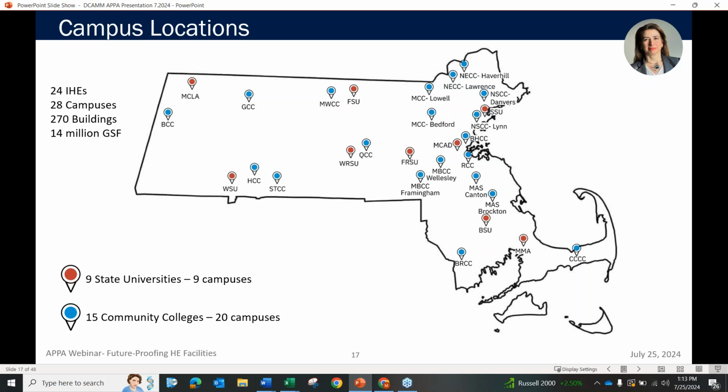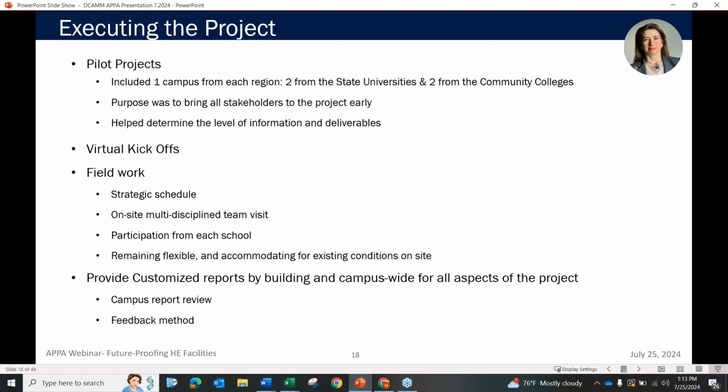We had to work with 24 higher ed institutions, 28 campuses, overall more than 270 buildings, and about 14 million gross square feet. So evaluating those, trying to get the most of it and understanding what we're dealing with was quite the undertaking. For that, we needed to execute the project from the beginning through the end. And some of the points that really helped us get through the project is establishing pilot projects, then going through virtual kickoffs, field work, and providing customized